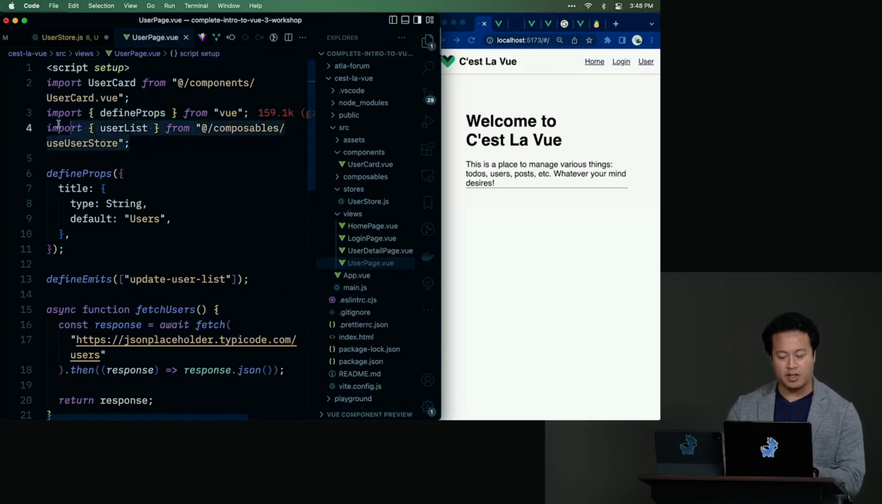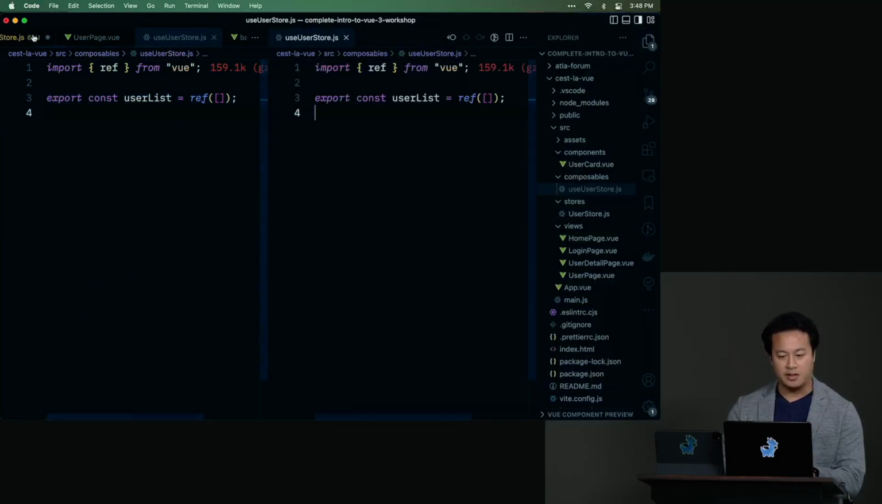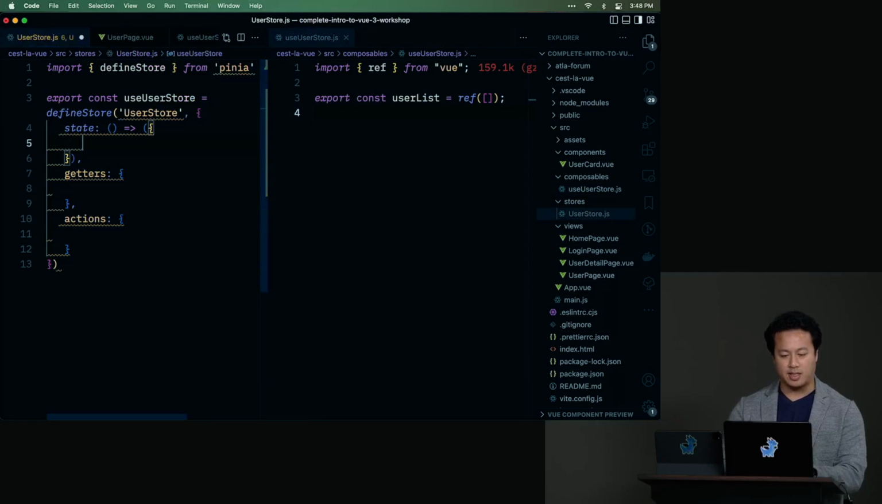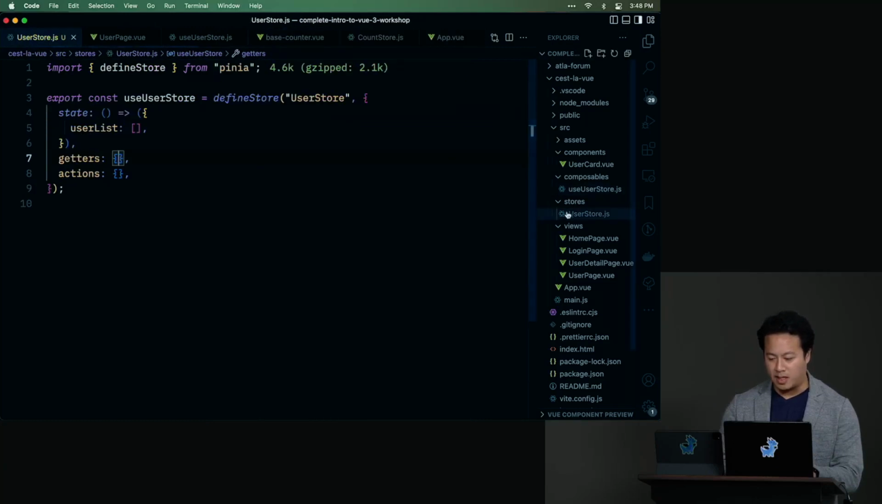Now, we're importing it currently from composables. So let's migrate that over. That's what we're going to do in this particular one. So inside of composables, you'll see that user list is just a ref. Well, if that's the case, all we got to do here is, to show you side by side, in our user store, add a user list, and then just make it an array. And when we save that, now when we go inside of our user page,